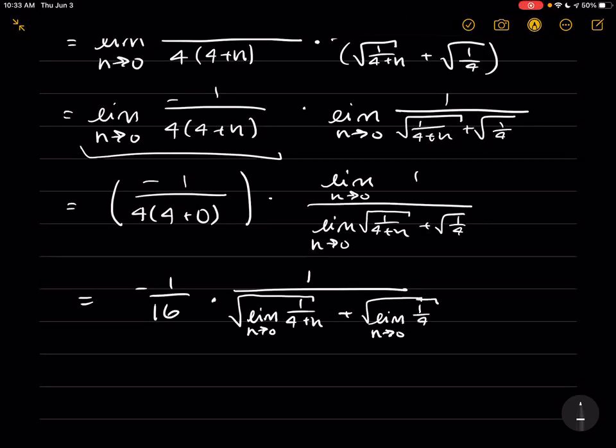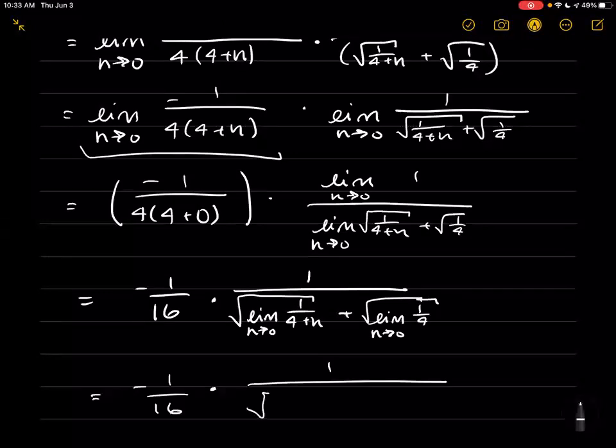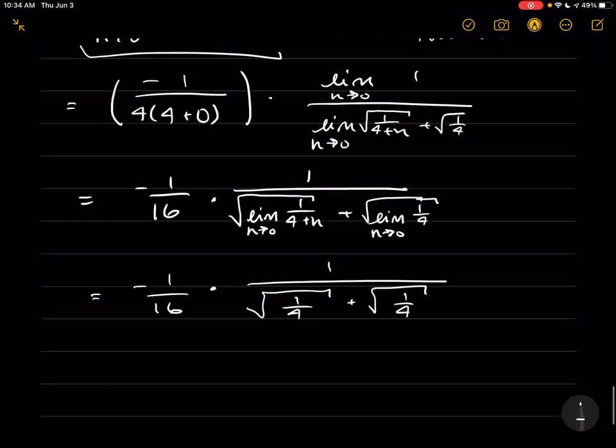Okay, so this can be -1/16 times 1 over the square root. Okay, so the limit as h goes to 0 of 1 over 4 plus h. 0 is in the domain of that rational function, right? Because when you plug in 0 for h, we get 1/4. So we can go ahead and do that. So we get square root of 1/4 plus square root, and the limit as h goes to 0 of 1/4 should be 1/4. Okay, so then we get